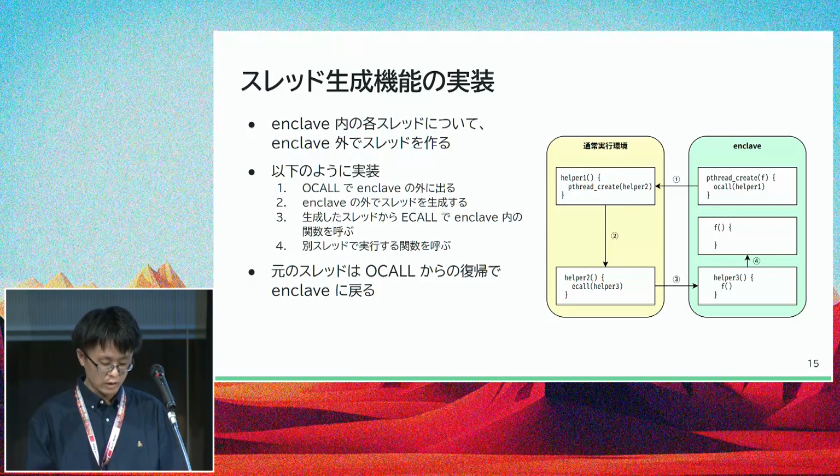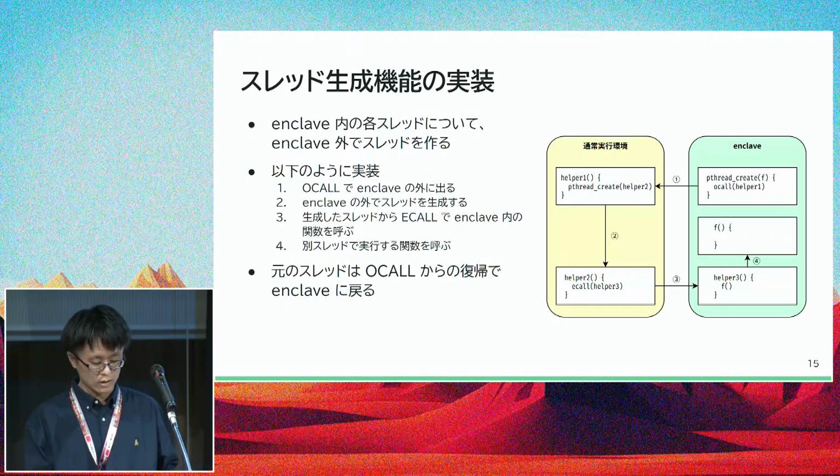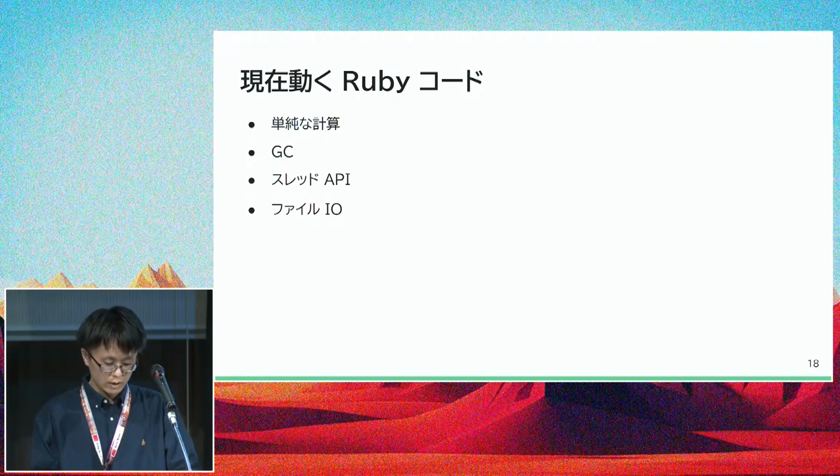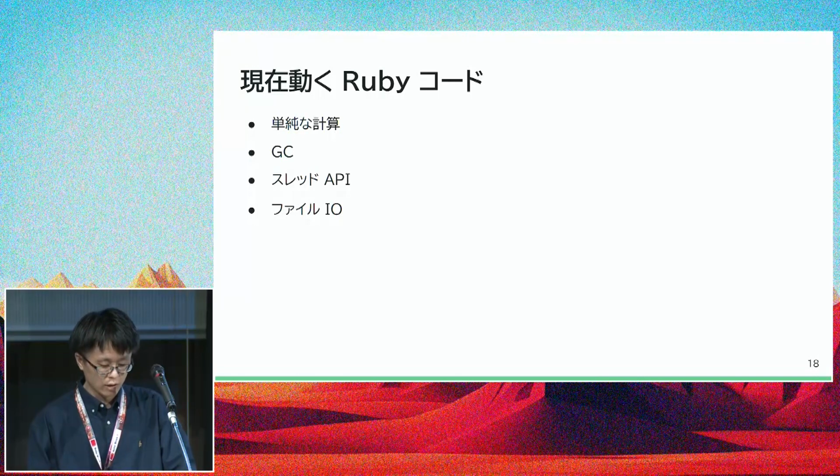Helper 3 is originally what can call that function F. O-call was used for the calling of helper 1. After the thread set up, by O-call can return to inside an enclave. And so the thread outside and the function F, and inside the enclave there are three threads in the enclave. So the two threads can be called inside an enclave.